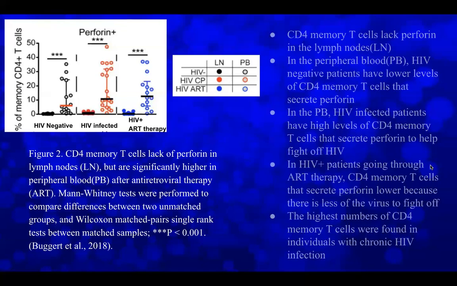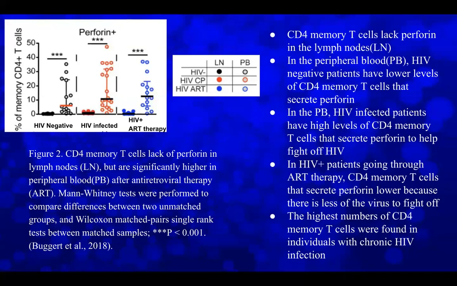On this slide, we're looking at a graph that's showing the percent of memory CD4 T cells that secrete perforin in HIV negative, HIV infected, and HIV patients that are going through ART therapy. This graph shows that CD4 memory T cells lack perforin in the lymph nodes. In the peripheral blood, HIV negative patients have lower levels of CD4 memory T cells that secrete perforin than those